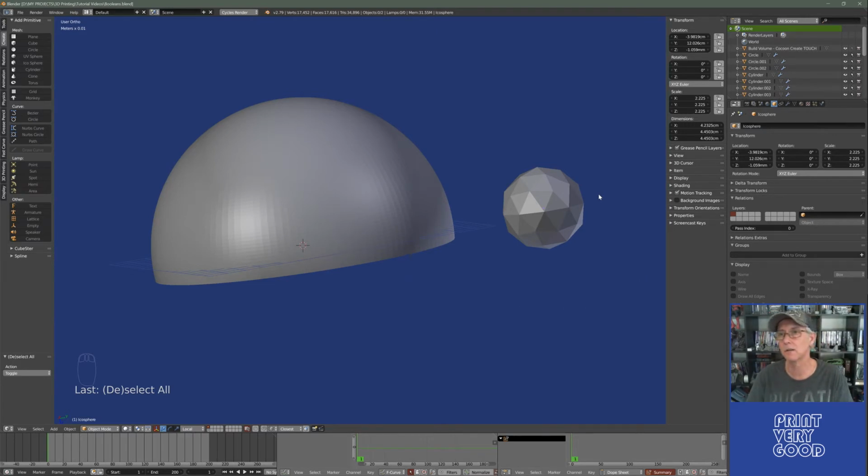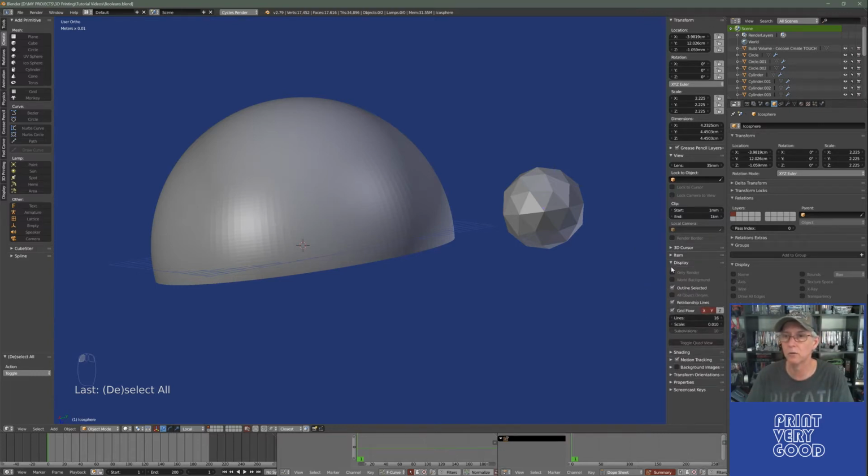So the first thing that I do, and I found this really helps with solving issues with Boolean operations, is to go to your display tab and set the scale to 0.010. By default it could be 10 or 1, I can't remember what the default is, but if you set that to 0.010,